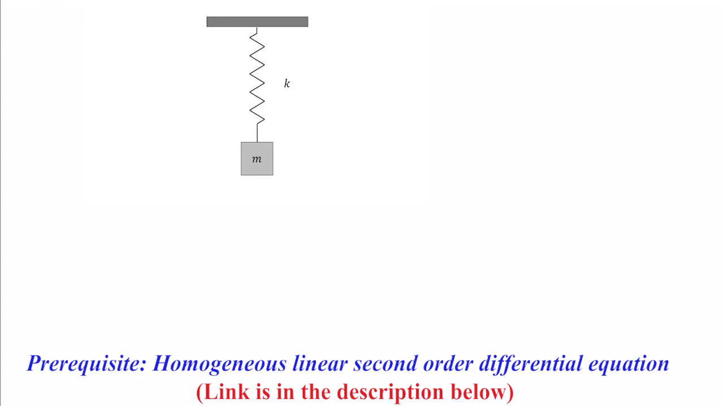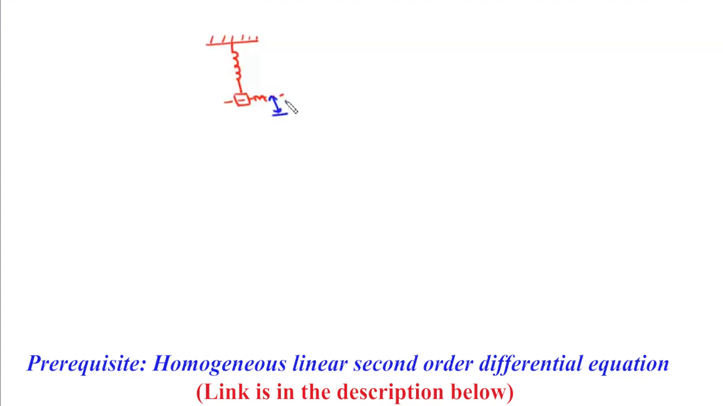Now we'll discuss the spring mass model. So we have the spring which is attached to a mass, say m. Now in this state, the system is in static equilibrium where gravity is balanced by extension in the spring. Now at this state, suppose we displace this mass